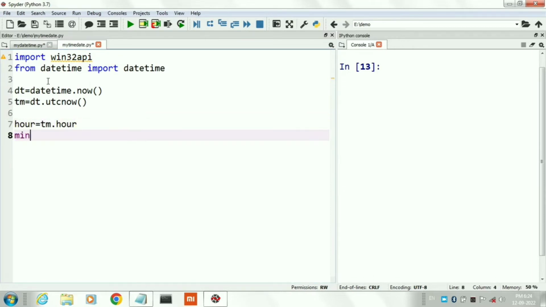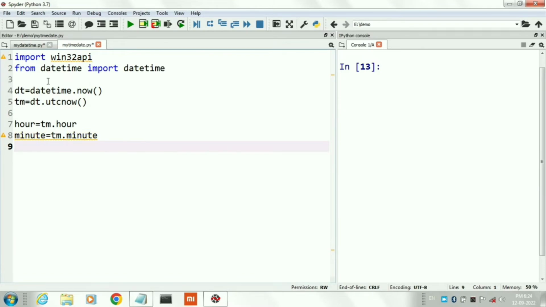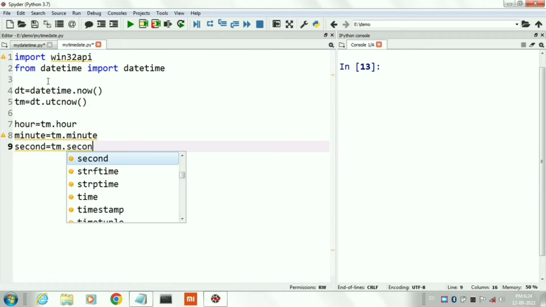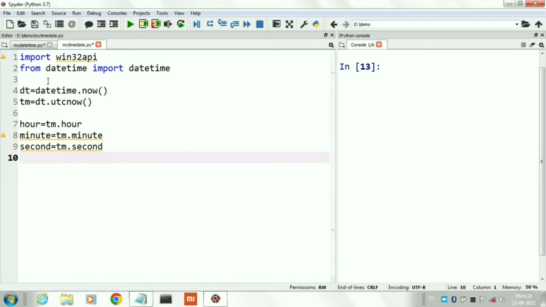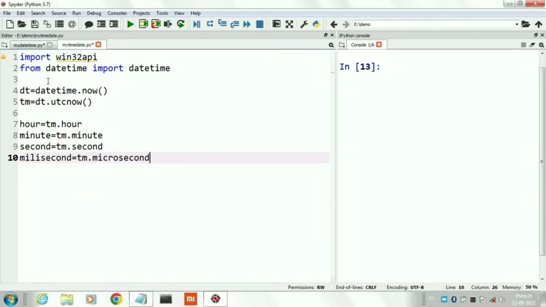Next we will filter hour, minute, second and millisecond from this utcnow function. Here we can access only time in microsecond, so we will have to convert this microsecond in millisecond by dividing microsecond with 1000.